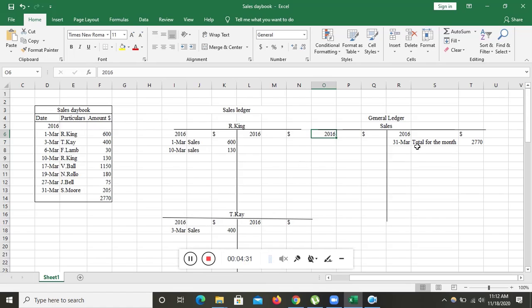Okay, the credit entry is made into the sales T account itself, that is called general ledger. In the general ledger, I won't be listing down every name. What if I list down every name, what will happen? I will again get a total of 2770 as proved over here. So rather than writing the individual items over here, what I am doing, I am writing total for the month and 2770. The credit entry is made in the sales T account and the debit entries are made in the individual T accounts of the customers. So this also completes the double entry, and sales ledger has been made, general ledger has been made.